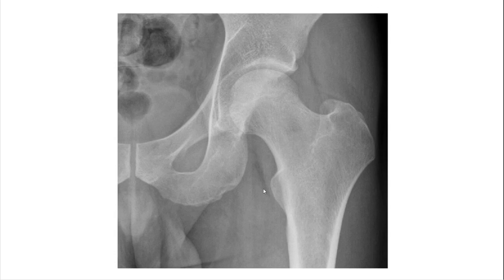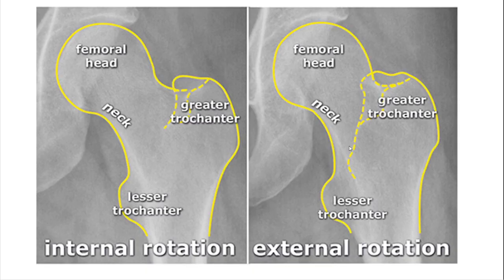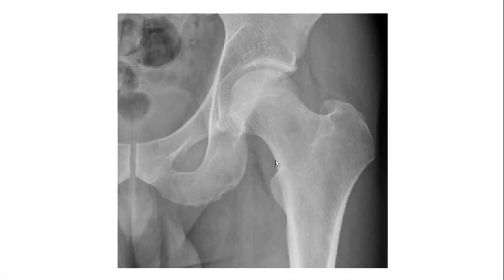Now if we see just one side, you cannot comment on which side of the patient this is if there is no L or R written here. If I go back to the initial X-ray, here it is mentioned that this is the left side of the patient. Now you know this is the left hip joint, this is the right hip joint, right? If it is not written, in this one you cannot comment which side of the patient this belongs to.